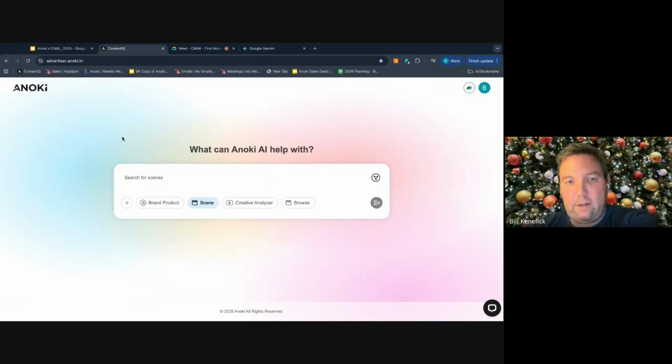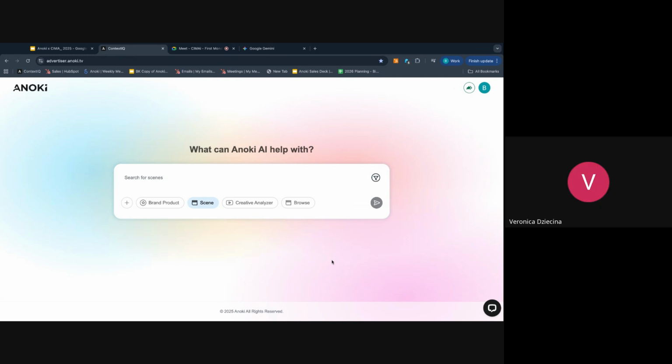Any questions so far? I'm going to show another feature that is pretty dynamite for this, but anything jump out to anybody? Yes, Veronica. That's so cool. So it's not AI generated content. It kind of just collects all the data from stuff that has already been made.